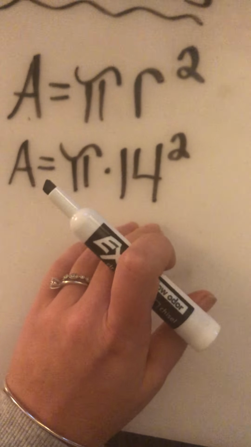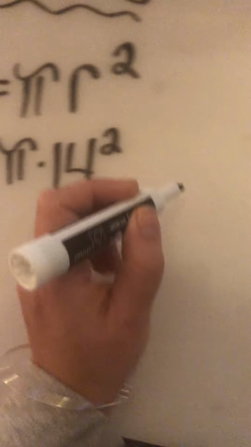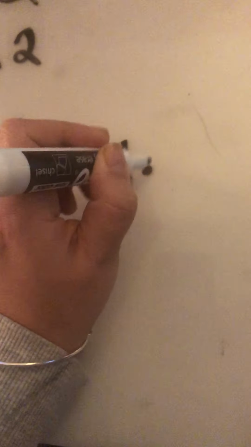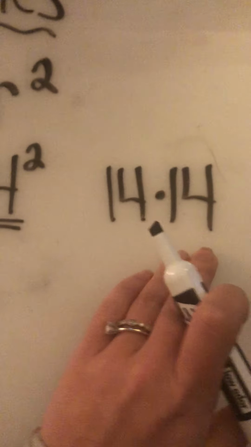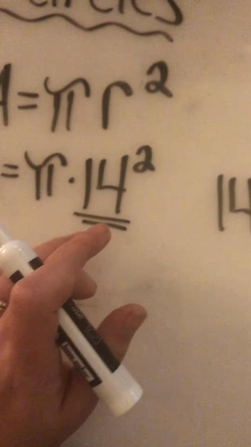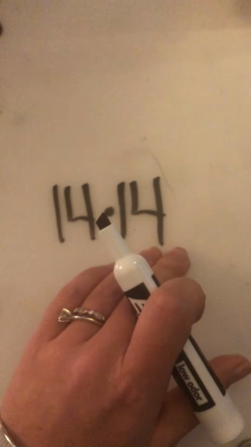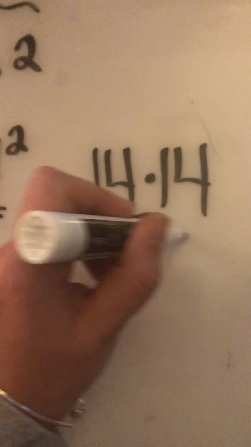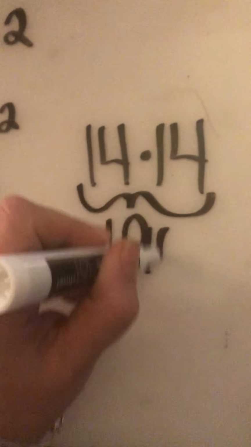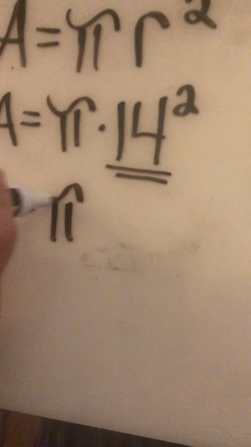And as a reminder, anytime something's raised to the second power, that means they want you to take this number and multiply it by itself 2 times. So you do 14 times 14. Common misconception, students think it's 14 times 2. That's incorrect. It wants you to take 14 and multiply it by itself 2 times. And 14 times 14 will give you 196, which is where that came from that you see in the modeled